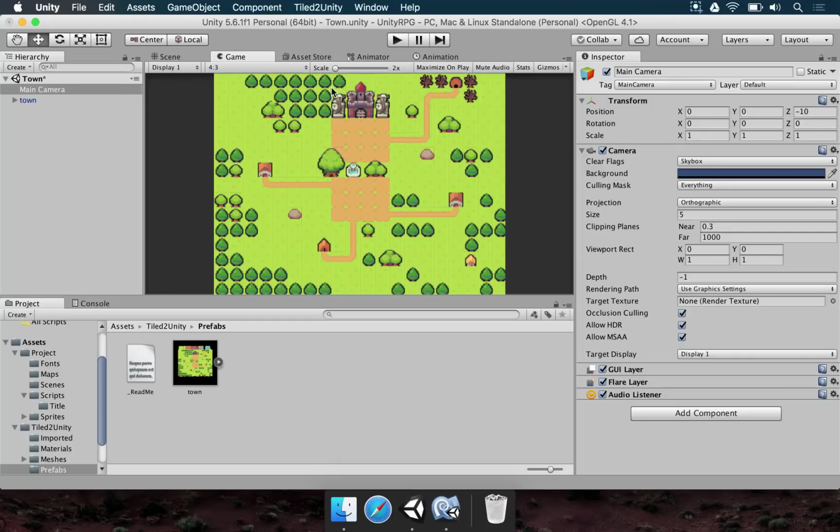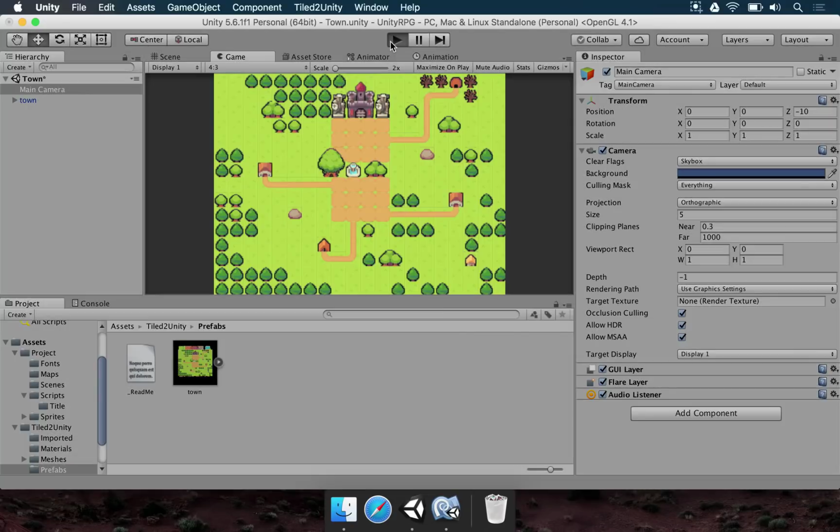But of course, if you press play, nothing really interesting is happening right now. We just have these assets here. By the way, it would be interesting if you made your own levels to try this out. But we need a player. The player is going to be a simple object that we can use to navigate around this scene. And with the player, we're going to be able to trigger some battles. So let's go ahead and make a very